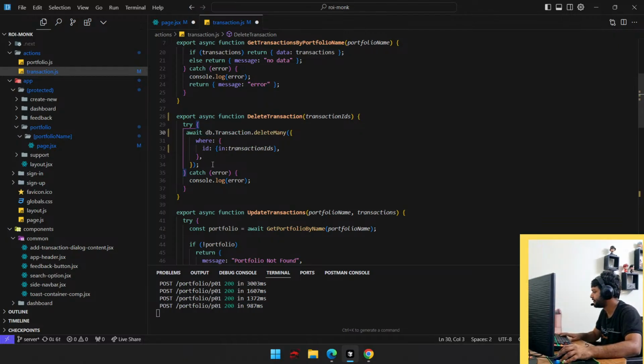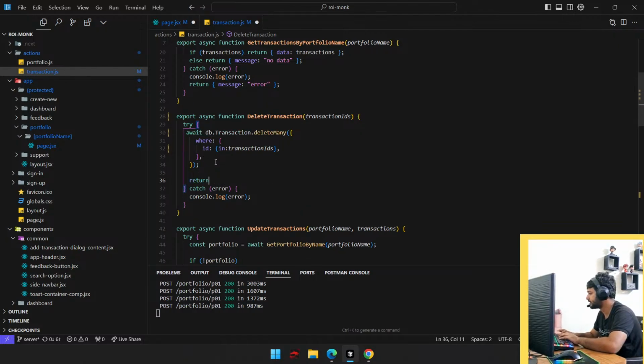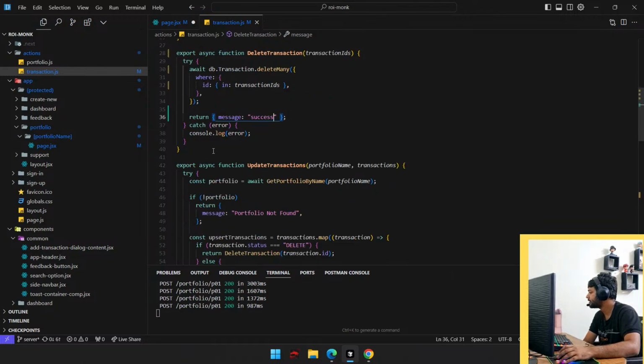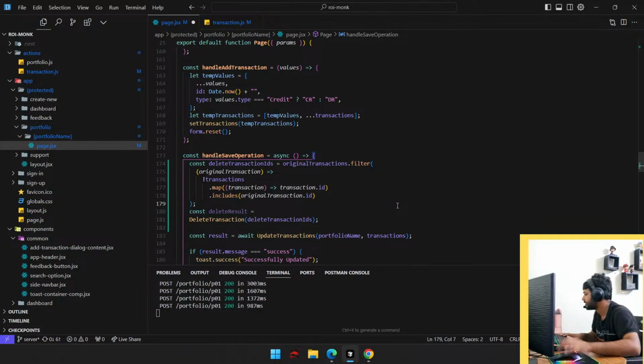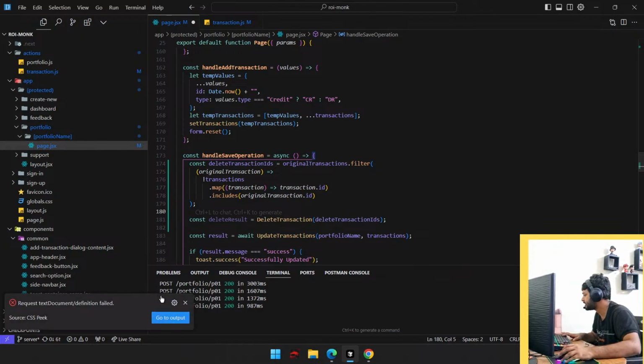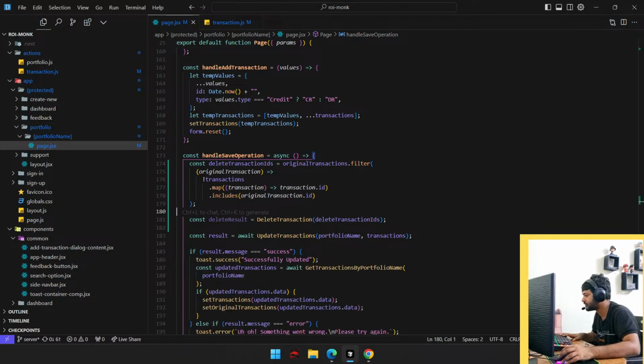Delete operation का wait करेंगे, and then we'll just return message success. Cool. And we'll get here, enter this, save this, close this, delete result,